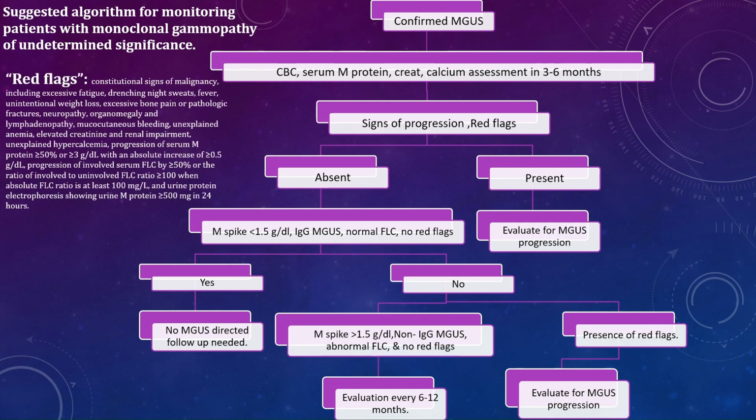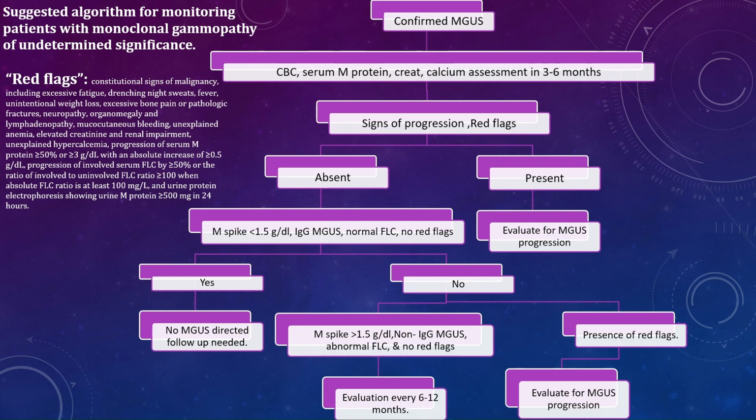Constitutional signs of malignancy including excessive fatigue, drenching night sweat, fever, unintentional weight loss, excessive bone pain or pathological fracture, neuropathy, organomegaly and lymphadenopathy, mucocutaneous bleeding, unexplained anemia, elevated creatinine and renal impairment, unexplained hypercalcemia, progression of serum M protein more than or equal to 50% or more than or equal to 3 gram per dl,